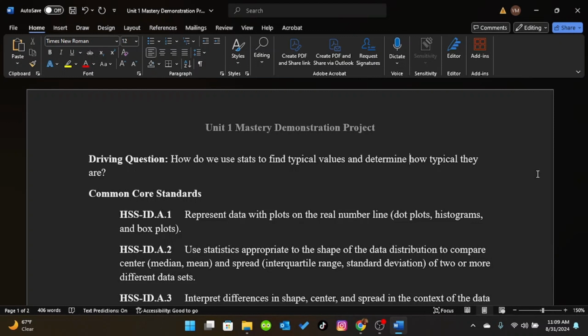The way this will work is the first half of every class usually will be me going over a new lesson, introducing new vocabulary words, introducing new mathematical concepts, and working through some practice problems with you. And then the second half of each class usually will be you having time with your group to work on your project. And these projects will last roughly 3 weeks, at which time